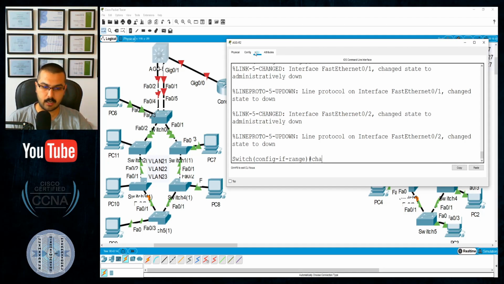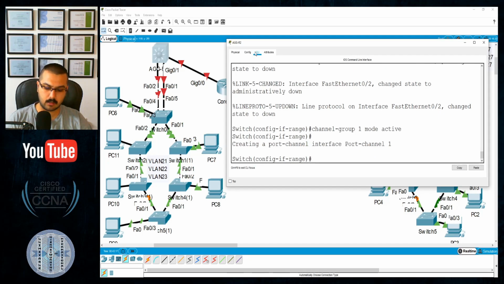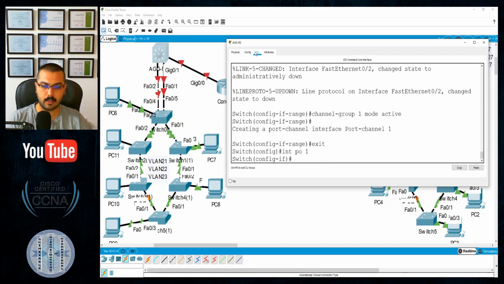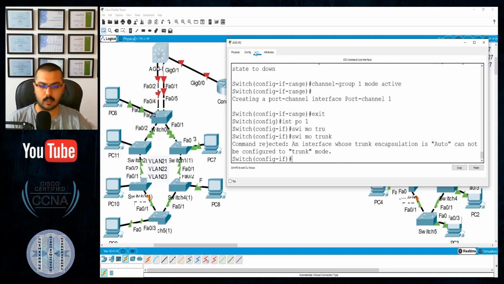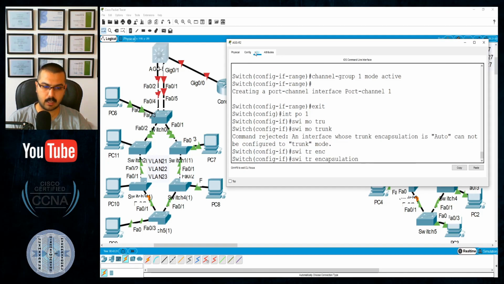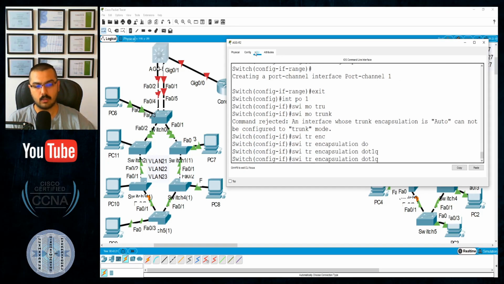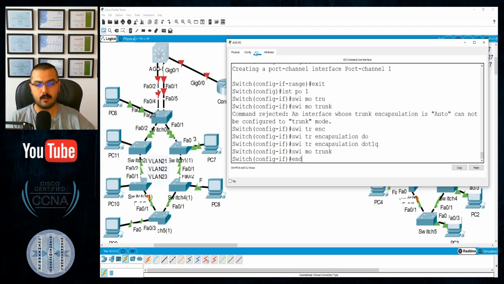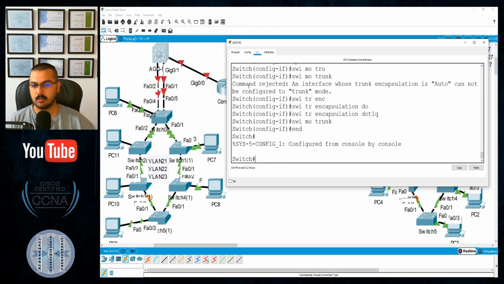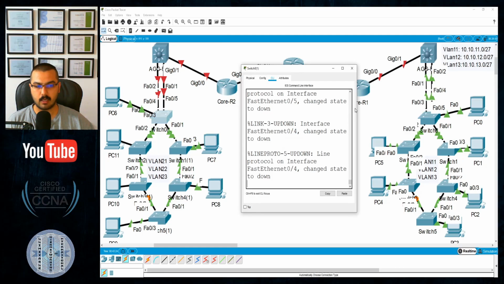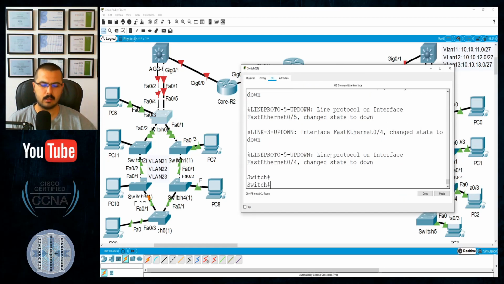Okay, so channel-group 1 mode active. Yes, created. Exit. Interface Po1, switchport mode trunk. Okay, it's on auto. Again, switchport trunk encapsulation dot1q, trunk, end. Done. Let's go to the other side and do the same thing, and then enable the same devices, the same